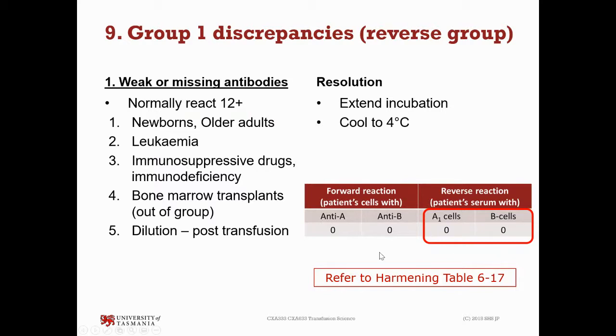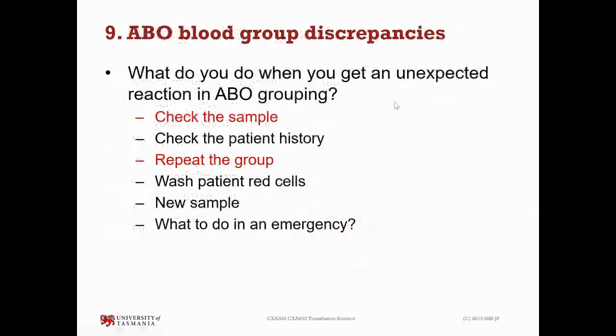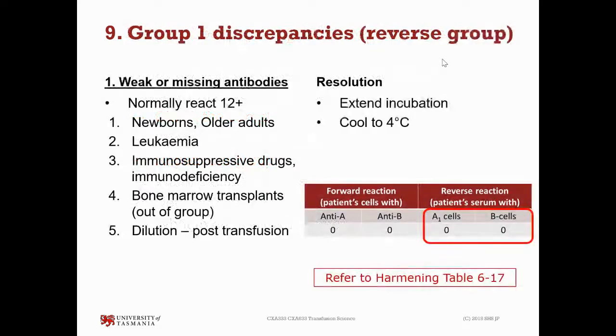We've been talking about when we get abnormal reactions. These are all classed as blood group discrepancies, and there are 4 different classes. The first one, which is the most common, is where we have weak or missing antibodies in the reverse group. So our forward group, you can see here,